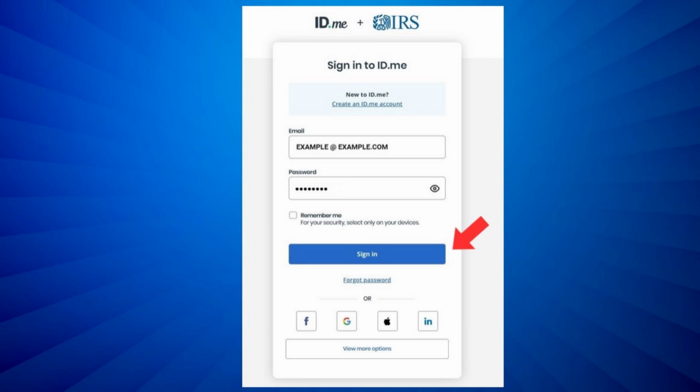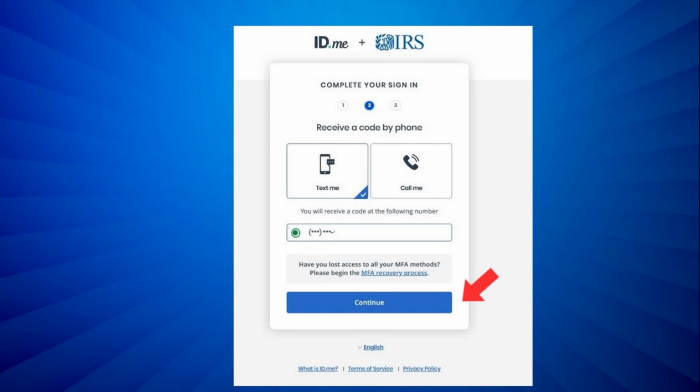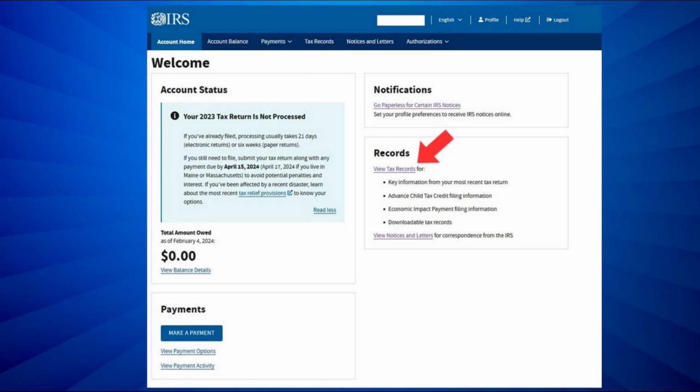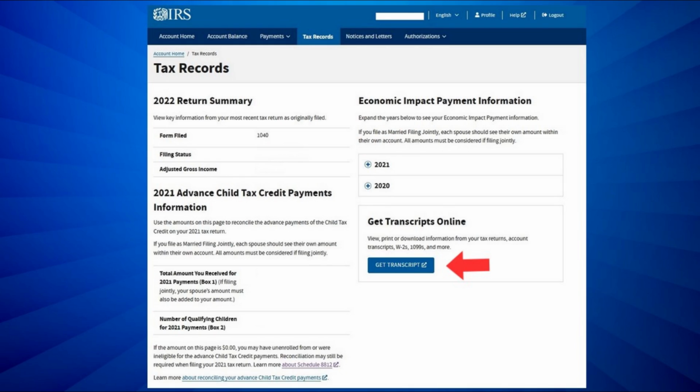From there, you will go through the ID.me authentication process, which results in a 6-digit code sent to your cell phone to complete the process. Once successfully logged in, you will be taken to your IRS account homepage, which appears similar to this. And from there, click on the View Tax Records option that appears on the right-hand side of the screen. From there, you will be taken to this page, the Tax Records page, and click on the blue Get Transcript